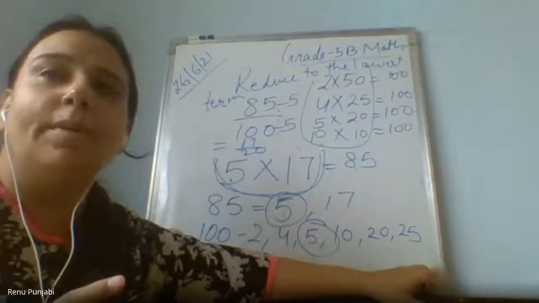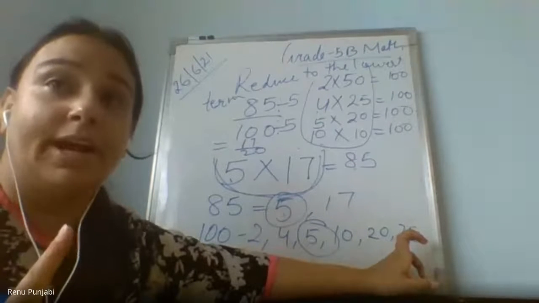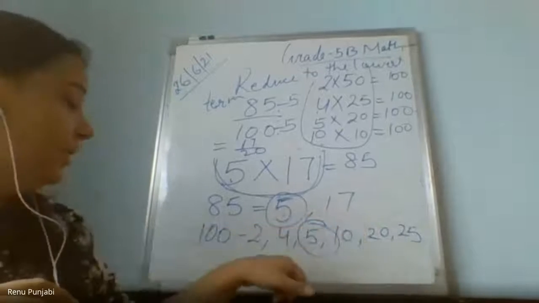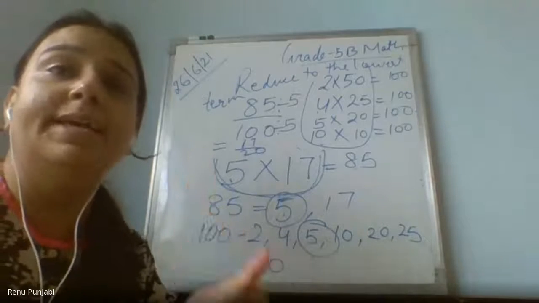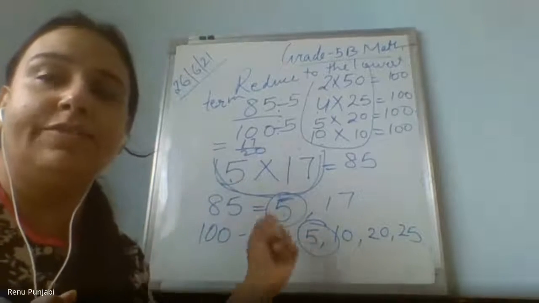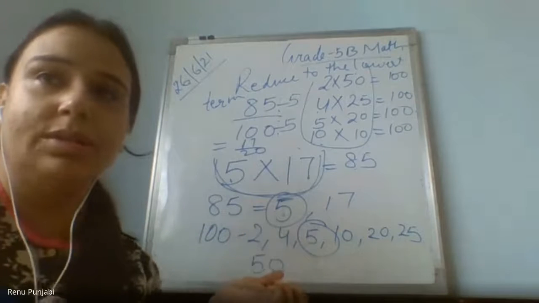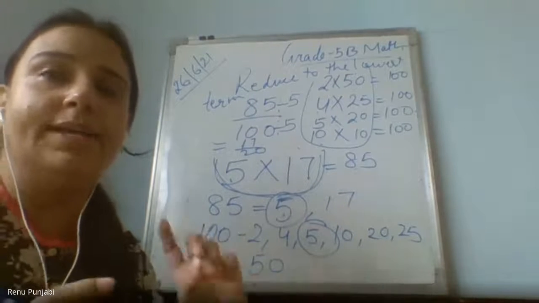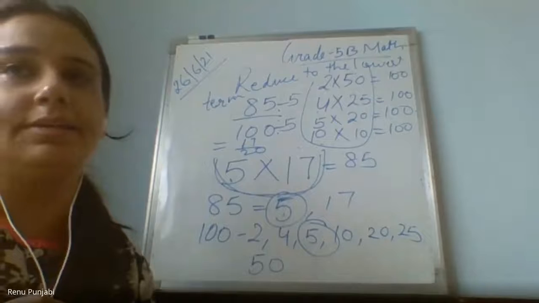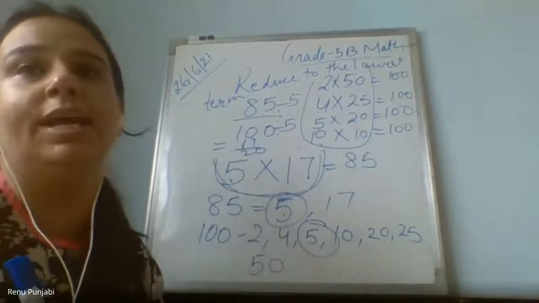And then we will take the denominator, do the same, and then find the highest factor. Compare them both, find the highest factor in both, and then divide. Take the highest common factor. Highest factor can be 25, 50, but use the word highest common. Common means the factor which is in both. The number which is in both. Highest भी होना चाहिए, common भी होना चाहिए.